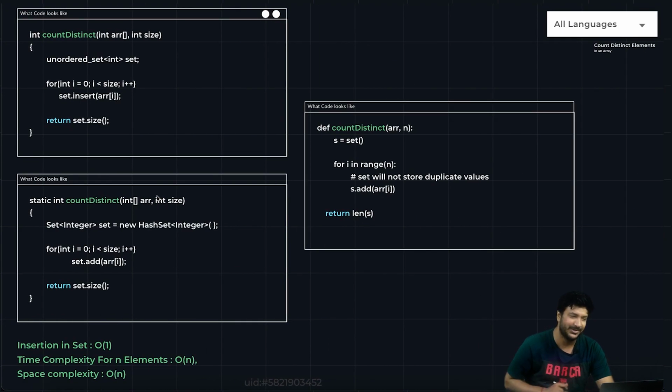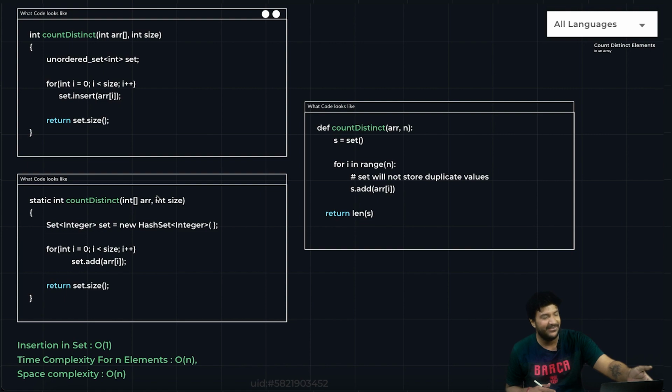So let me just show you the code. This is the code. The interviewer thinks, okay, everything is happening automatically, how do I judge whether you are a good coder or not? You've learned the theory, but it does not tell whether you know how to run code. Do you know how to think iteratively, recursively, logically?